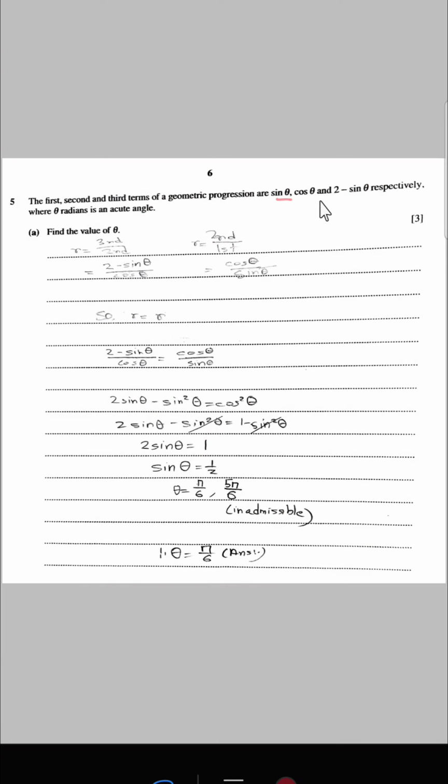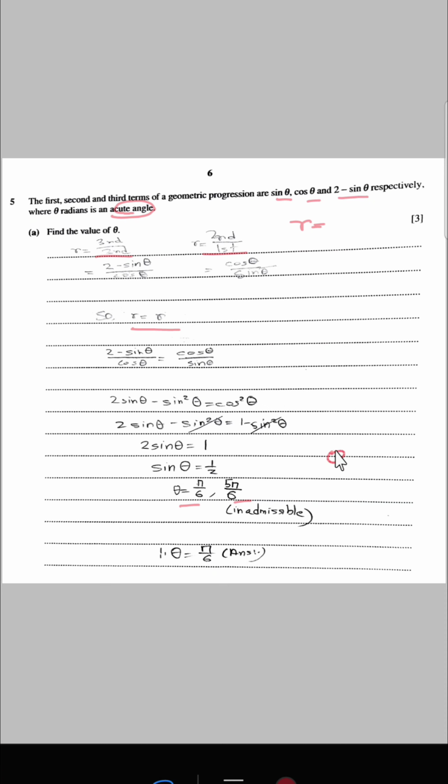Since it is a geometric progression, we need to find the value of theta, and we know that the value of r is equal to the third term divided by the second term, or the second term divided by the first term. That is, we divide the third term by the second term and the second term by the first term, equate both values of r, and then solve it to find the value of theta as given. And since it is an acute angle,